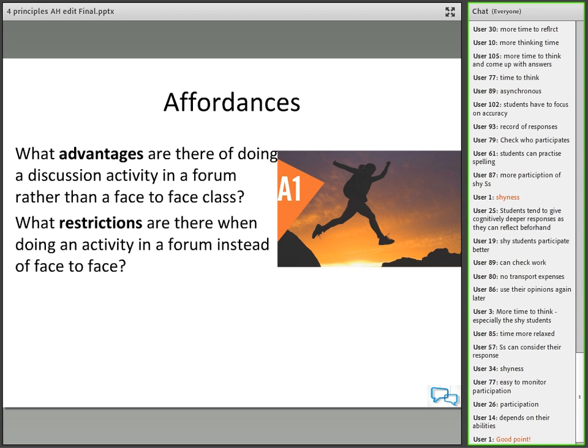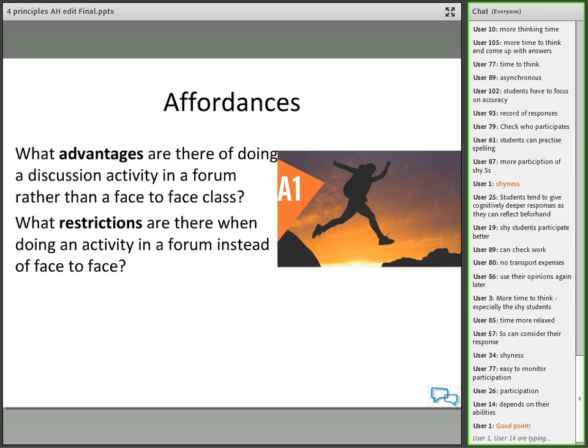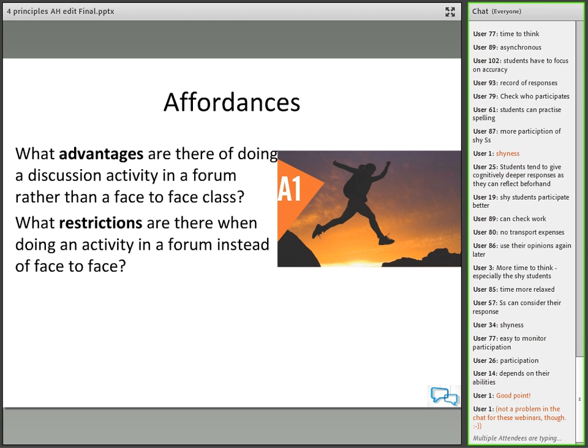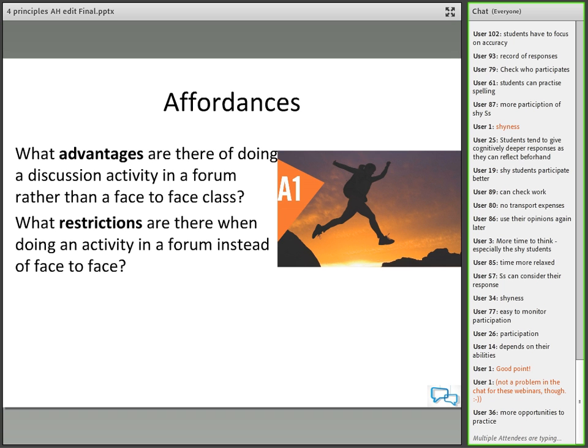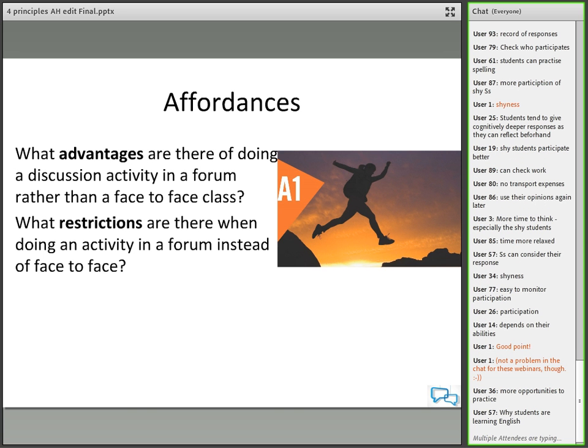So it's something that we often quote as, oh, everyone has equal rights of participation. So in a face-to-face class, shyer students don't say much because they can't get a word in edgeways with the more confident students. But when you're online, everyone can get a word in, but do they really want people to read what they say lest they be criticized? So it's not impossible for shy students. It just means that we as teachers need to create the conditions such that everyone is very understanding and forgiving, and it's a little community of trust